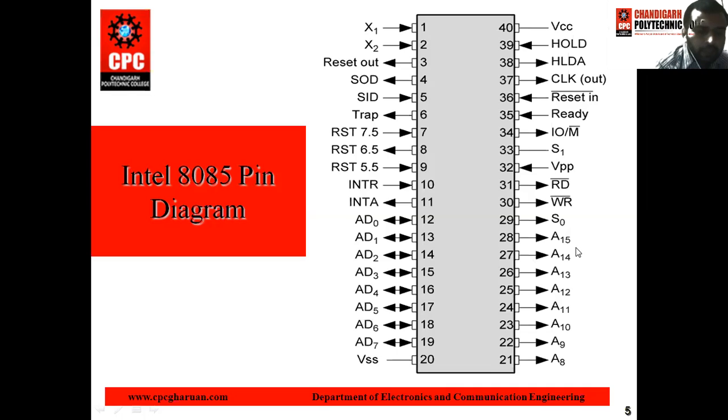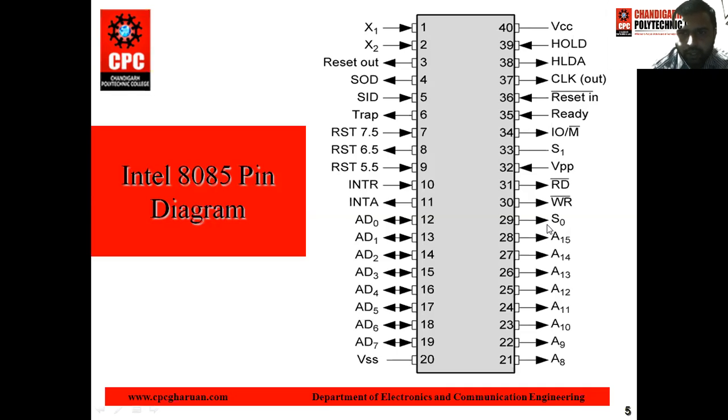We have three types of buses in a microprocessor: address buses, data buses, and control buses. The function of the address bus is to provide the address to your peripheral devices or your hard disk. Each device has its unique address, so the microprocessor can handle it. The data bus is bidirectional, so the microprocessor can get data from external devices as well as provide data to your peripheral devices.